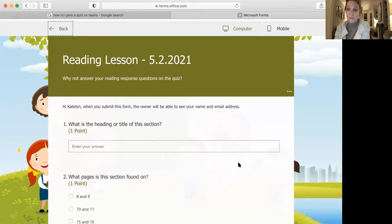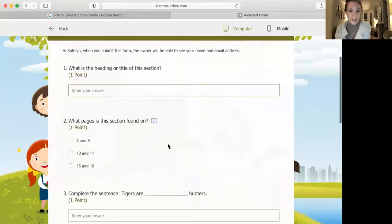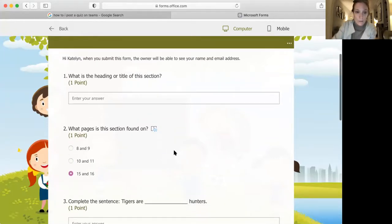So what I've done today is I put your questions on Teams. So for the answers that we normally write, you can type them into the box to submit them. And for the questions that we usually have to circle the right answer, you can click on the right answer to submit it. So if an adult can help a little bit with this today, that would be fantastic because it's quite new for the children, so they might not have used it yet. If it's easier for them to write the answers and then have an adult or an older sibling type them in for them,